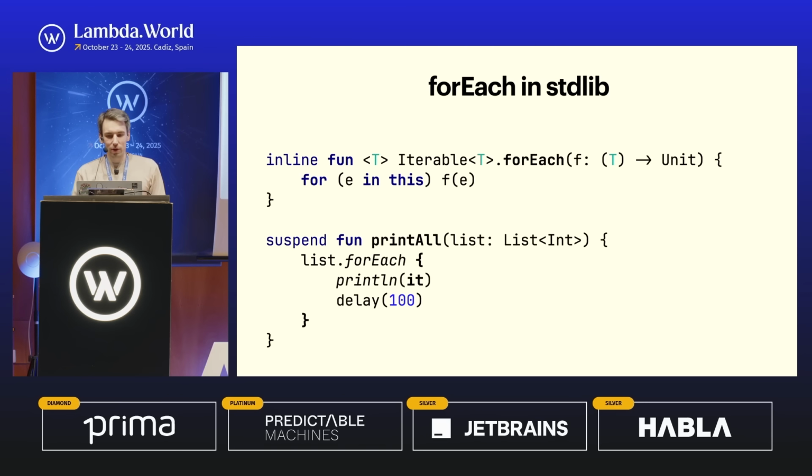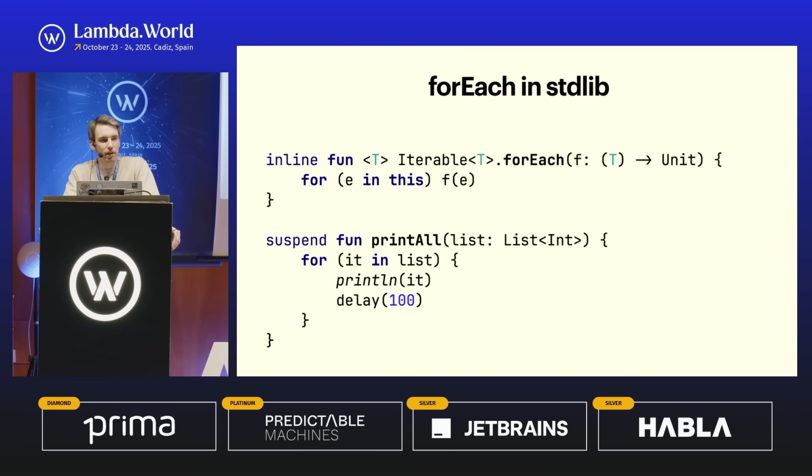In Kotlin, if you have a function like this printAll, inline means that you can simply inline the whole body of your function at the call site. So this list.forEach becomes a regular for loop